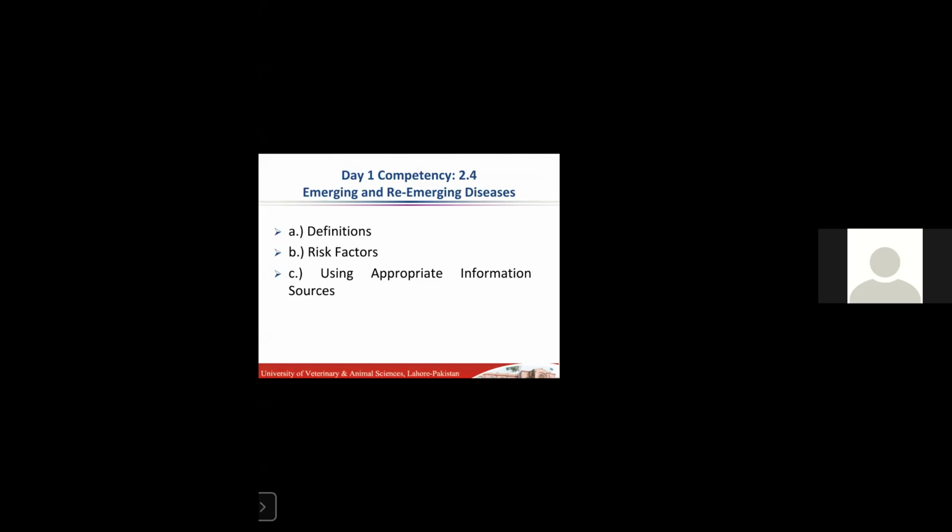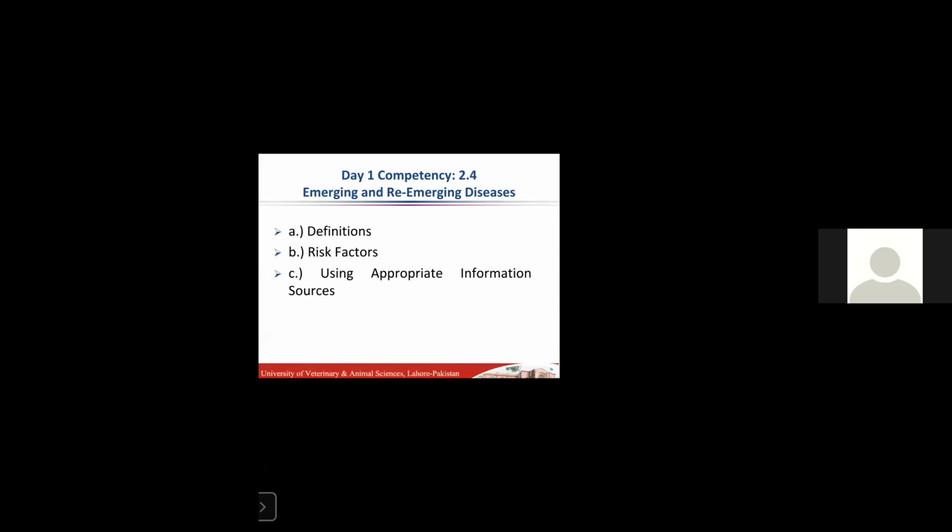And he must know the containment levels. Along with the definition of emerging and re-emerging diseases, he must have the knowledge of the biocontainment of any emerging and re-emerging agents, biocontainment level 1, 2, 3, 4. And similarly, the risk factors involved along with these emerging and re-emerging diseases. He must have the knowledge of the risk factors of emerging and re-emerging diseases.